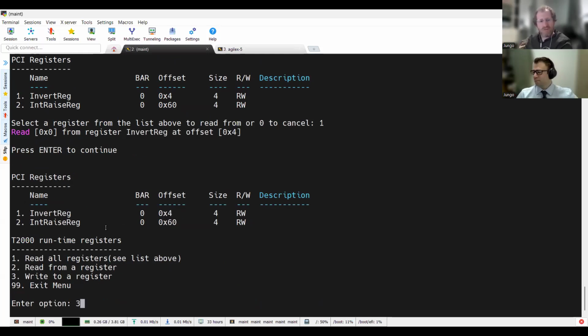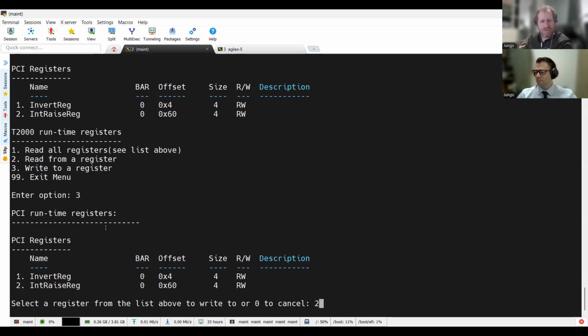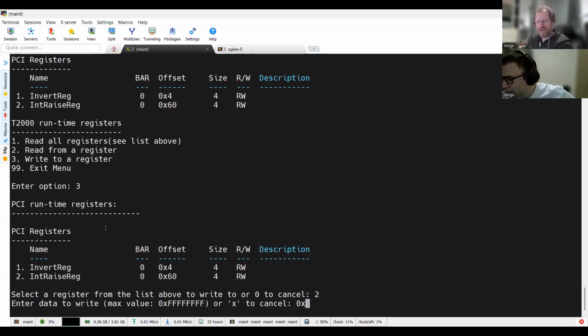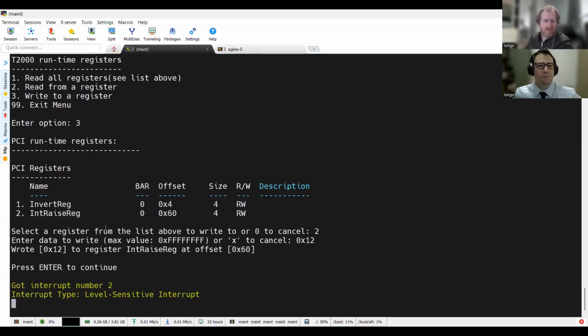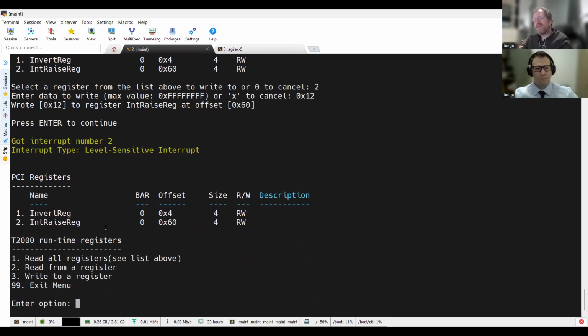If we want to raise an interrupt, we can just write again to the interrupt raise register, and voila, we got an interrupt. So that's a nice example showing how you can just name areas in your device or in your memory sections and use them very easily and create a very easy to use application without any coding at all.